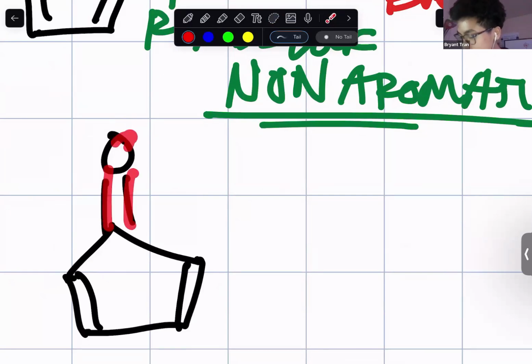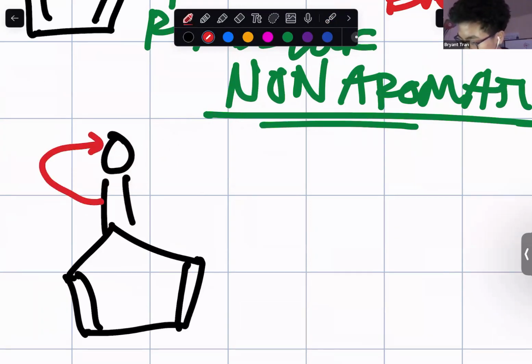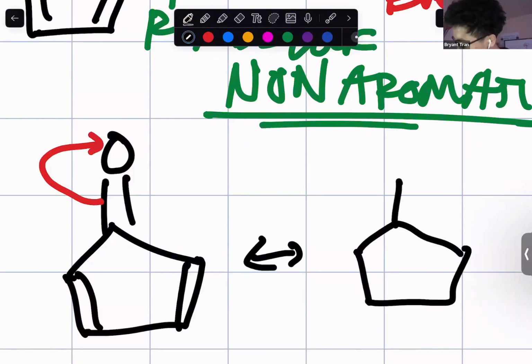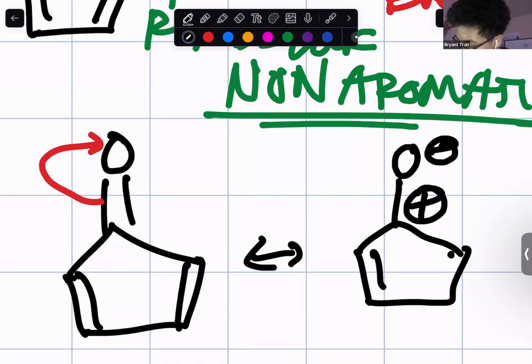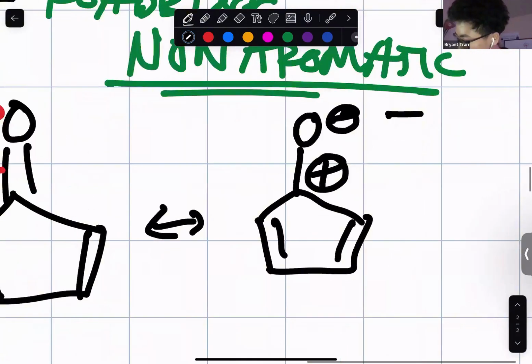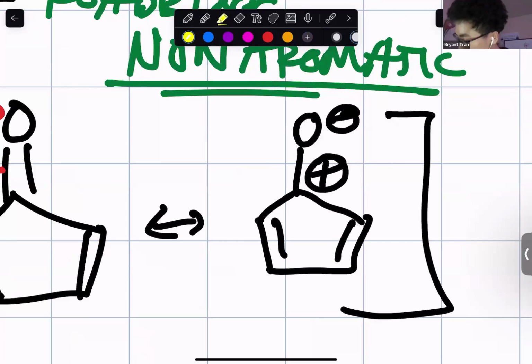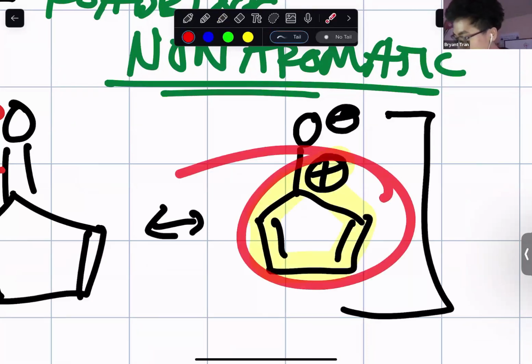carbon double bond oxygen, it's not part of the ring. So before you do anything, draw out the resonance structure where we pop the double bond onto the oxygen, giving us this resonance structure right here. And we're only going to be focusing on this highlighted part of the molecule right there. Okay, so now if we focus on that,